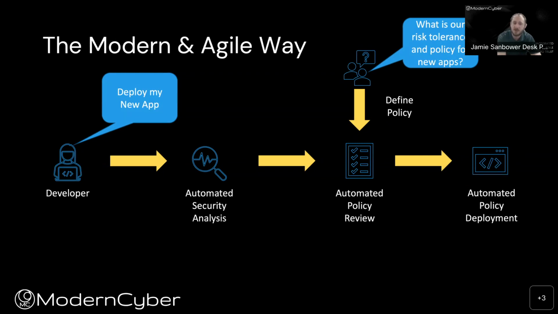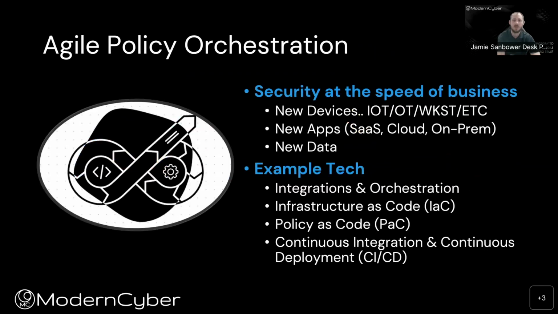It needs to be more agile, and it has to be able to prove out and deal with some of the demands that businesses are requiring. And this is security at the speed of business, right? When a new device comes in, it shouldn't require someone to march it down to a security room where someone manually checks it. Plug it in, it gets evaluated, it gets scanned, it's then determined risk automatically.